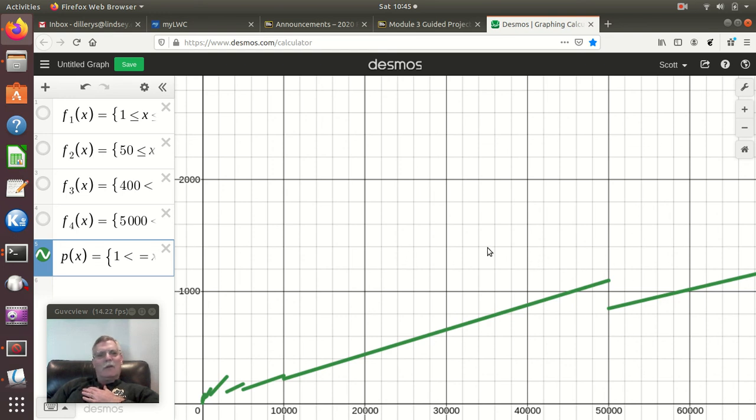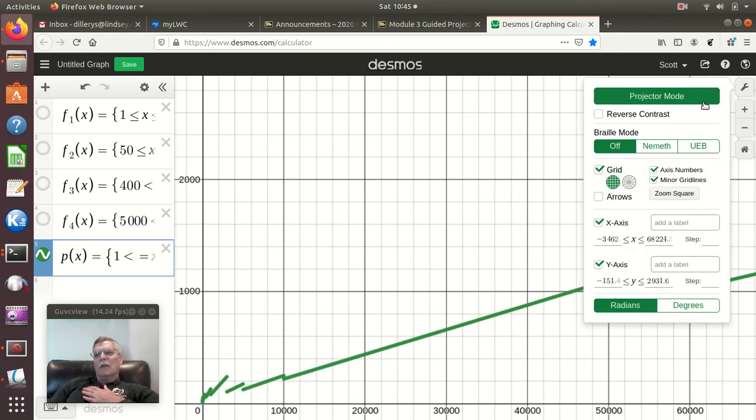So maybe I should make my y-axis go to 1,200. Well, let's see, there's 1,200, so maybe, yeah, 1,300. Okay, so I just look at what the numbers are, and I'm trying to fill up my space